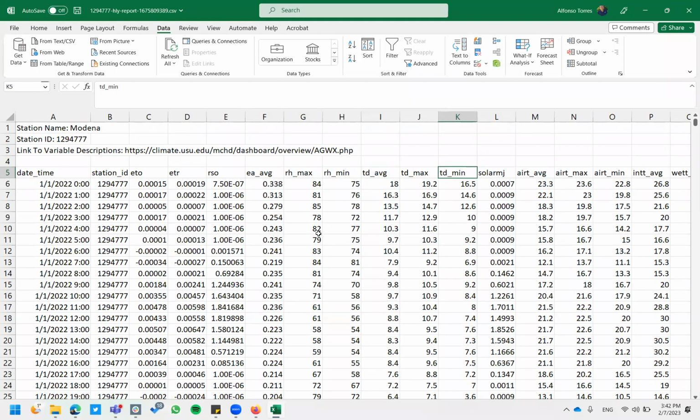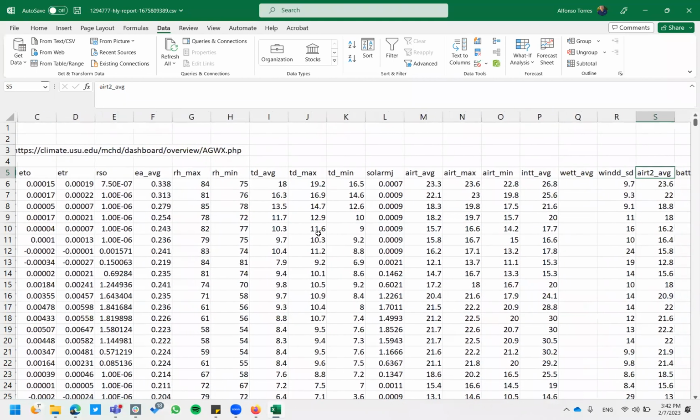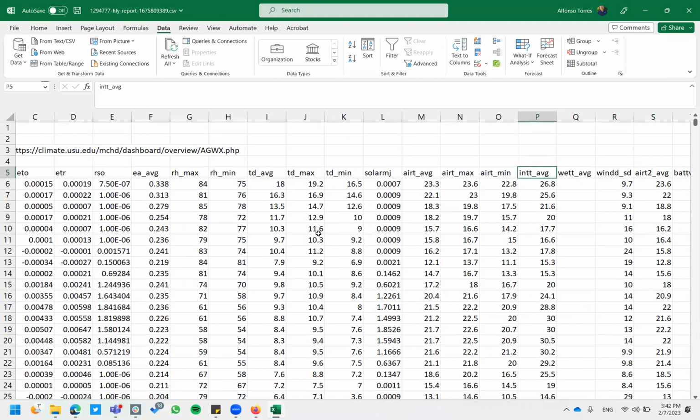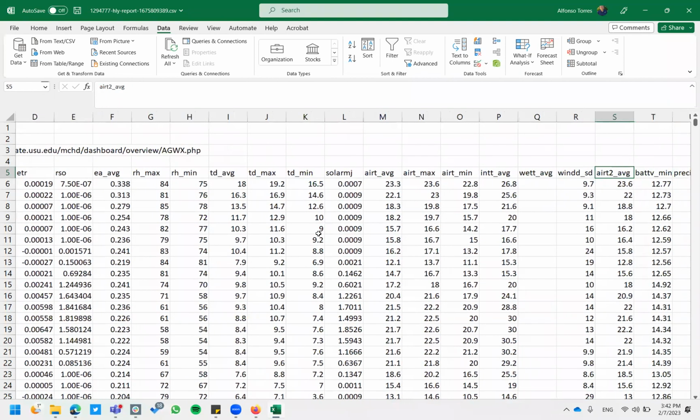They are temperatures that occur during that hour. We have also solar radiation in megajoules. Then we have air temperature average, maximum, minimum. Not sure what is int average, wet average, wind direction, a second air temperature,